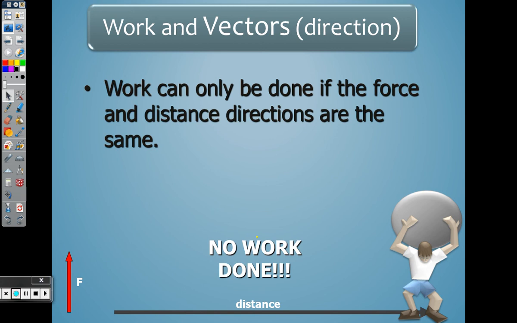Now, if he were to climb a flight of stairs, then that would be up, and there would be work done. Or if we were to say how much work was done when he picked it off the ground, then there would be work done. But him just holding it and moving to the right, there's zero work. So technically, moving furniture around in the house, you're not doing work. That's right. But if you're loading it in the back of a truck, then you are.